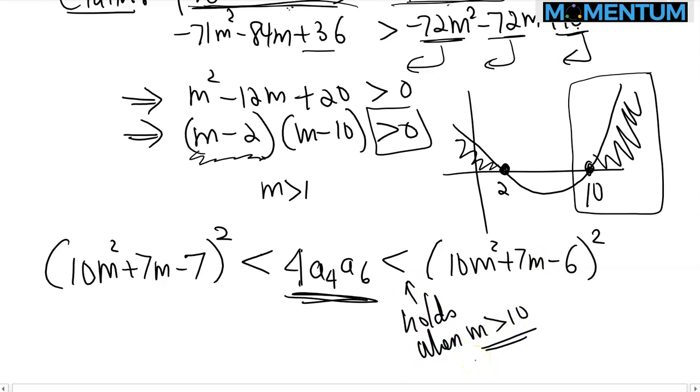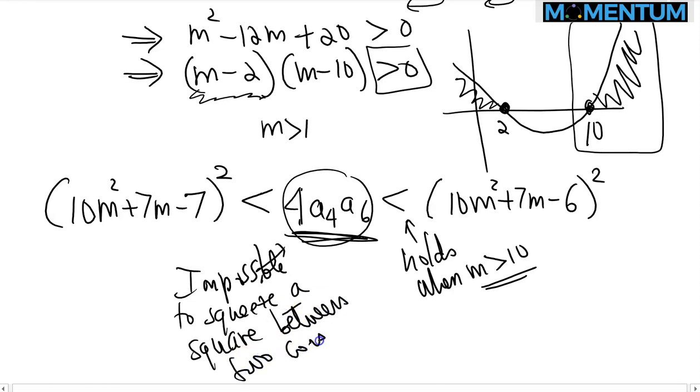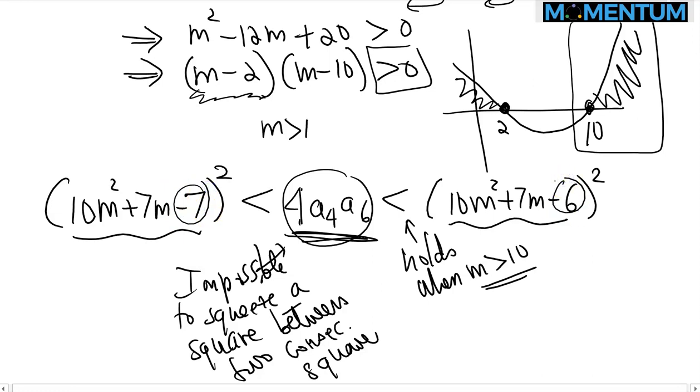So obviously it is impossible to squeeze an integer, especially a square, between two consecutive squares. Do you guys see that these two are consecutive, right? They are just one apart from each other. And because you cannot fit another perfect square between two consecutive squares, this cannot be true for m greater